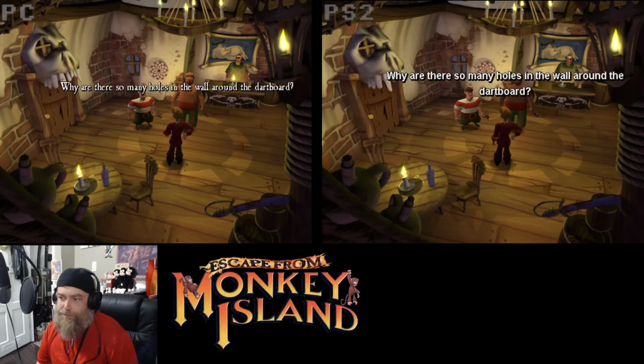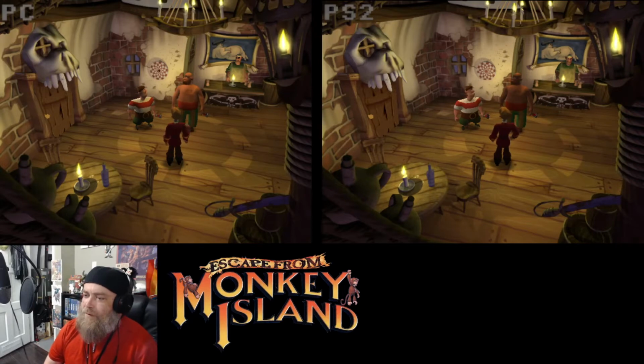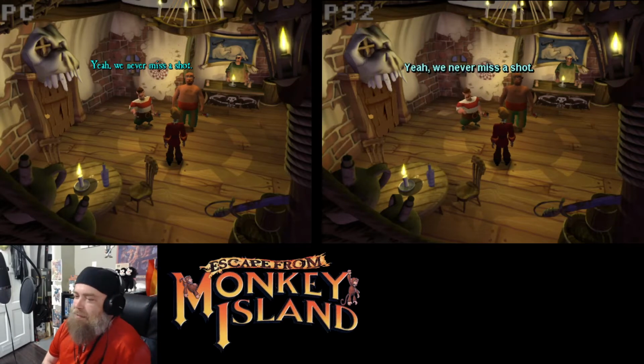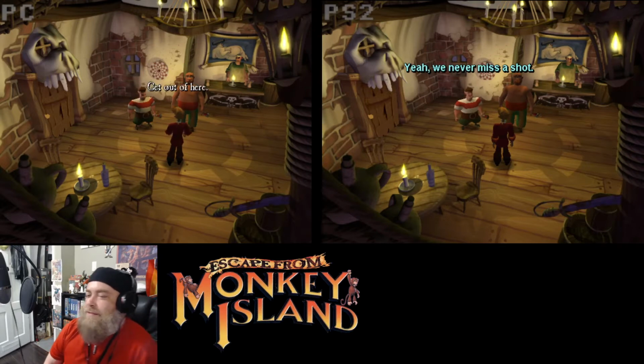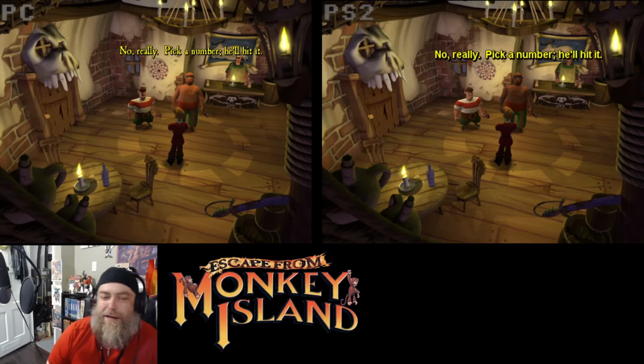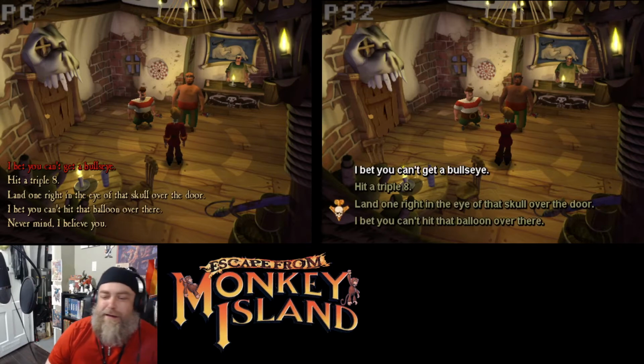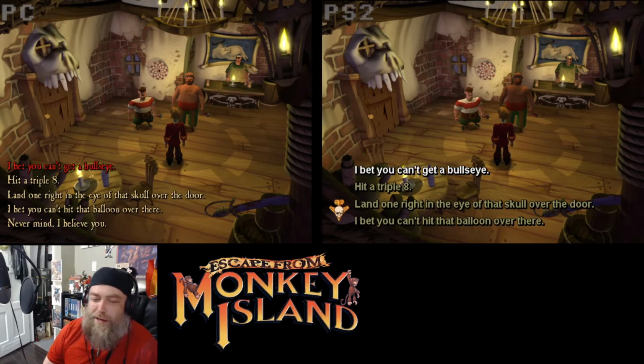Why are there so many holes in the wall around the dartboard? Interesting. It's like everybody never misses a shot. It's like they're picking a font until they realize they picked Comic Sans, and then they're like, no, we can't do that. But I mean, at the end of the day,